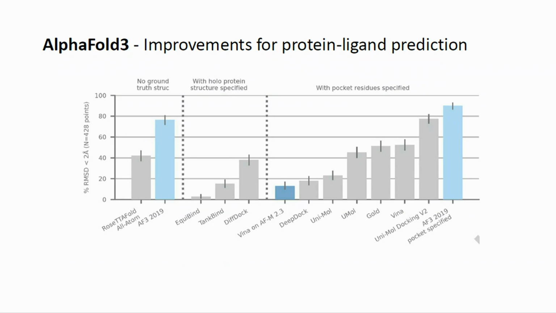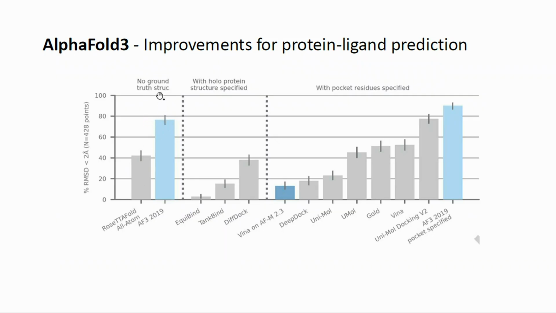One important type of task in structure-based drug design is, for a given pocket or a given target that has a certain pocket that interacts with small molecules, how we design the small molecule ligand to inhibit this pocket. Or the opposite direction: if you have a small molecule ligand, how we design a pocket to wrap around the ligand and interact with the ligand. So this task is solved much better with AlphaFold, and